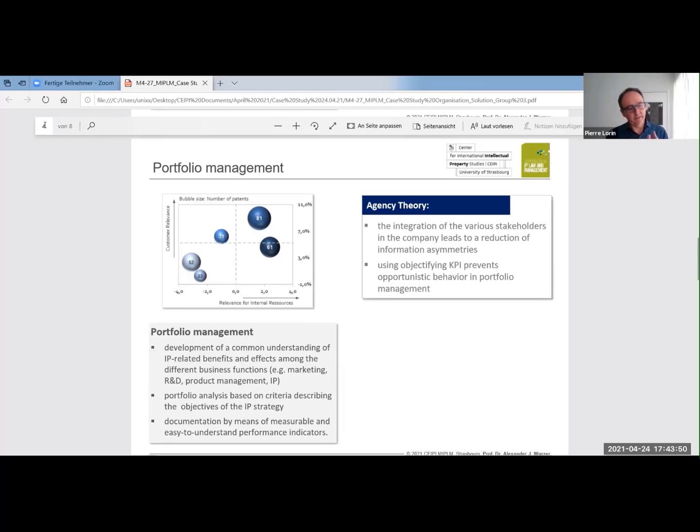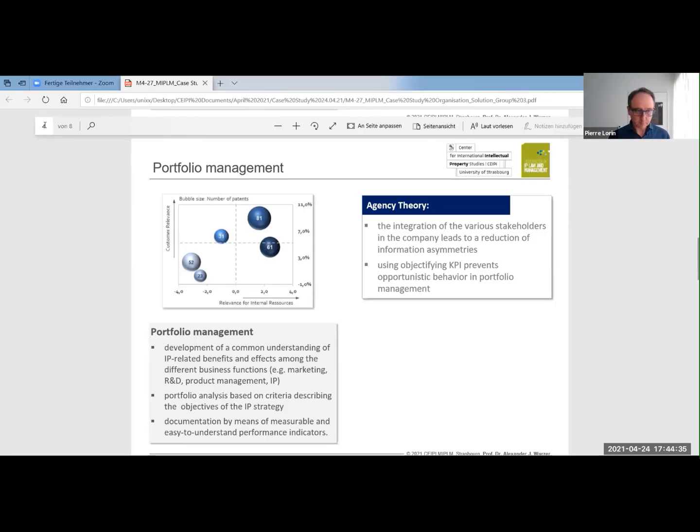Such an assessment is to be done on a regular basis, and it is extremely important to do such an assessment cross-functionally. In this case, typically we would take differentiation strategy, marketing, R&D, product management and the IP team. It is also important to document such an assessment so that we can track the evolution over time, and extremely important to be able to communicate the output and to explain the value of the portfolio to key